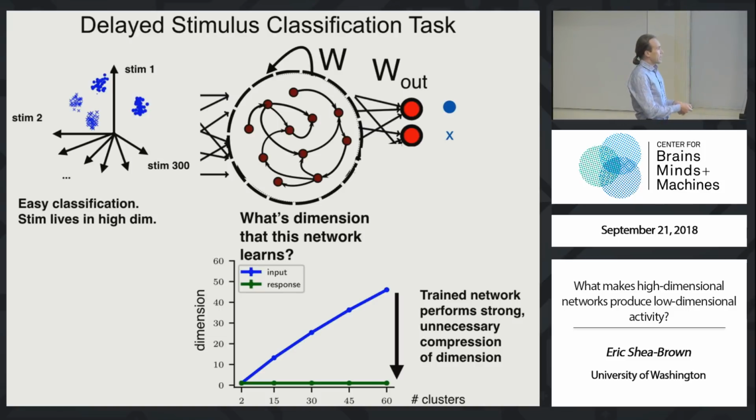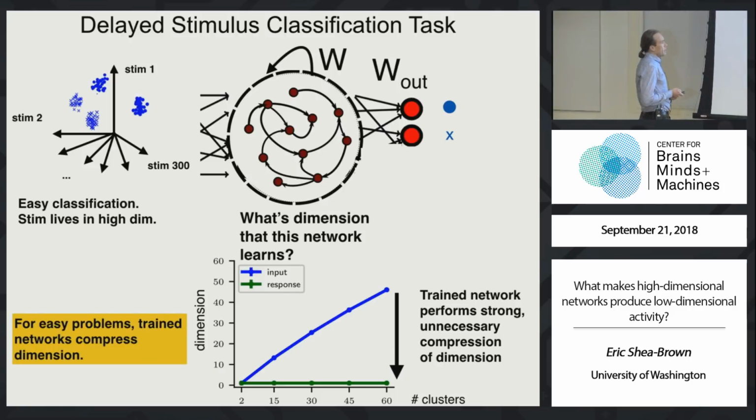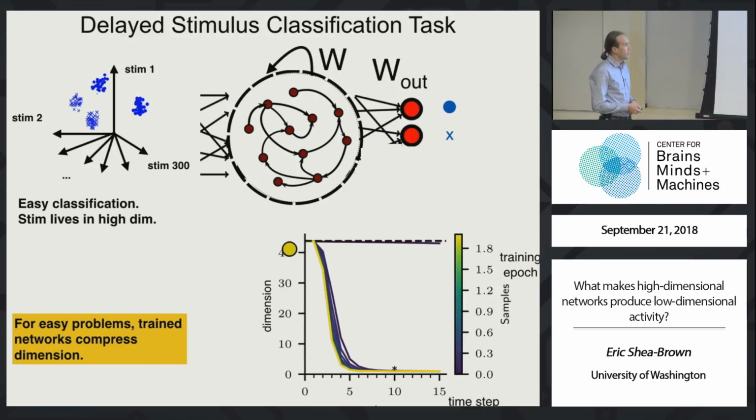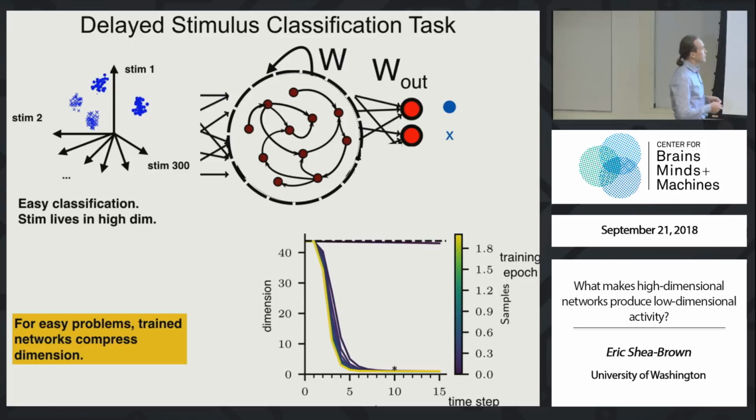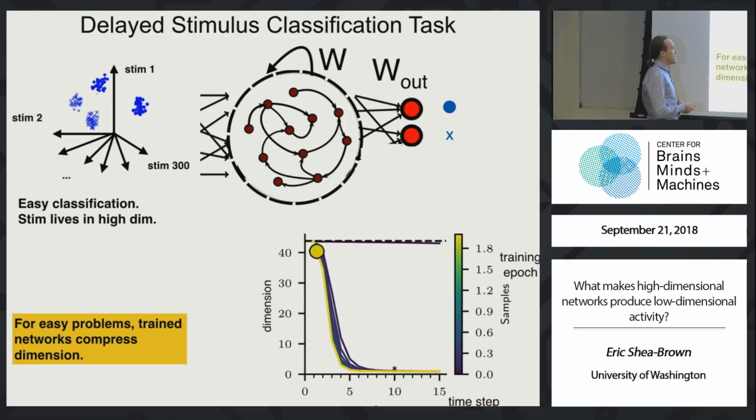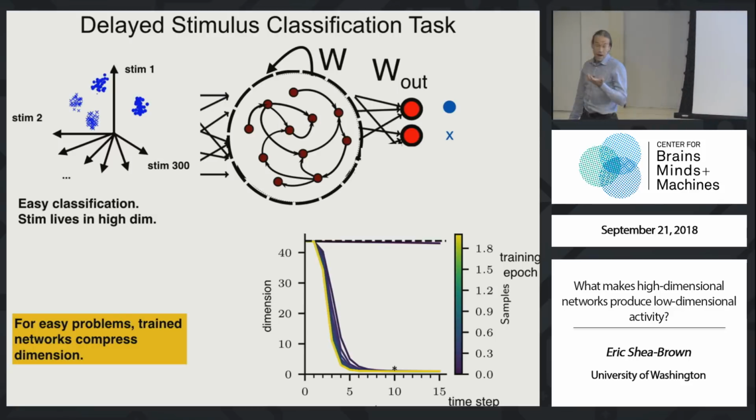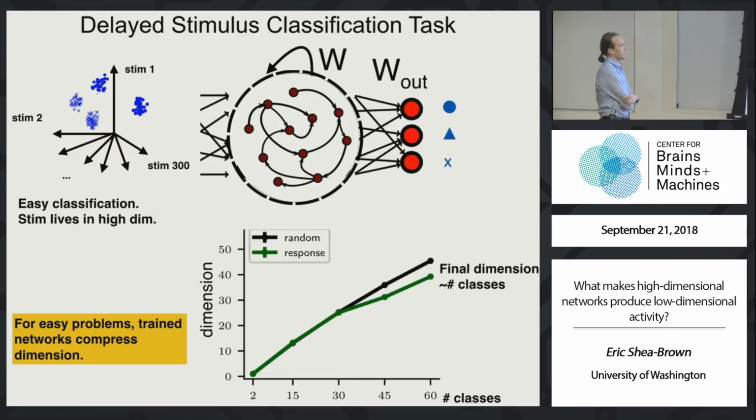Instead, they seem to do a gigantic squashing of all of the different Heims and all of the different Tommies into something which looks a lot like a point for each class. That is something that does not occur due to random initialization of the network. Random initialization preserves the dimensionality, as promised, for the trivial type of case that I described. It happens across stages of learning, and across stages of time. So this is a dynamical compression that the network is really doing to the stimulus itself.